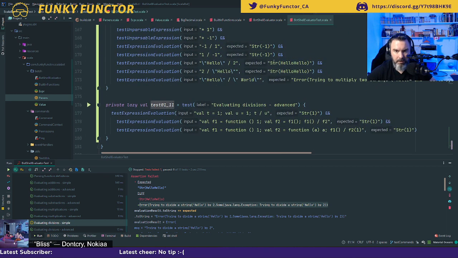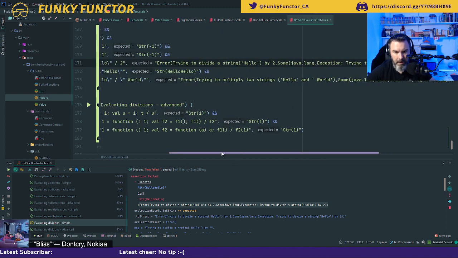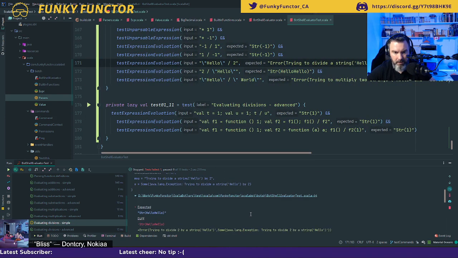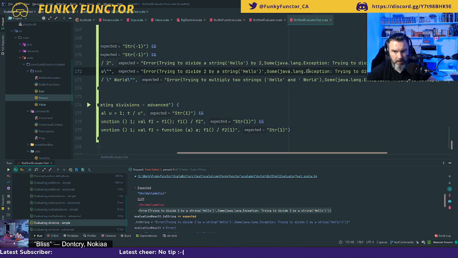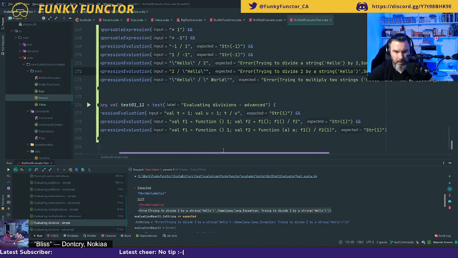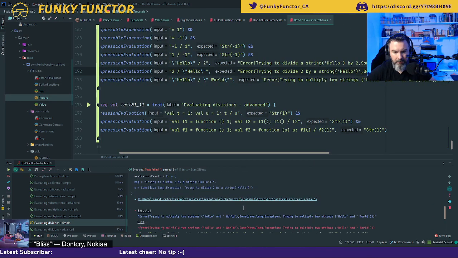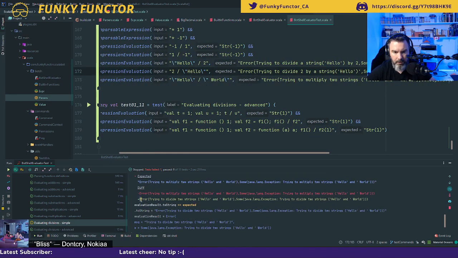Hello divided by 2, so that would be the one here. And the other one is trying to divide 2 by a string. Hello, yeah. Sweet, okay. And finally, error, trying to divide 2 strings.